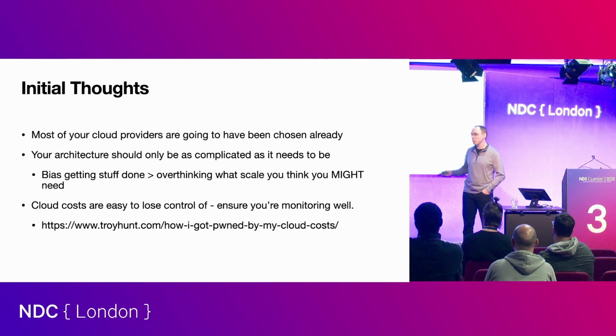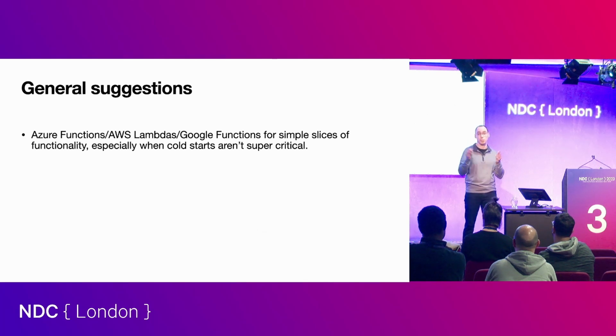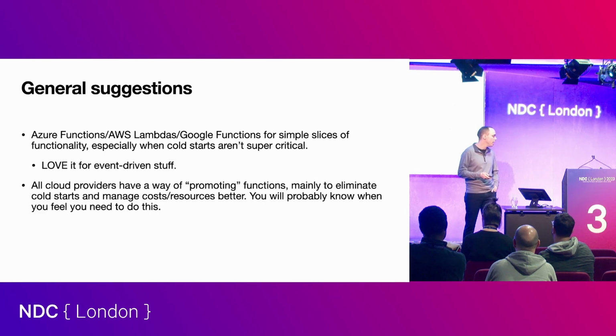This happened to Troy. He talked about the cloud almost a year ago to the day. I think it was yesterday. A year ago was this particular article, and I thought it was a really good one. It was a really good framing of the problems with some cloud solutions. Azure Functions, AWS Lambdas, stuff like that for event-driven stuff is absolutely the game that I have to play. That's where their strengths lie, in my opinion.